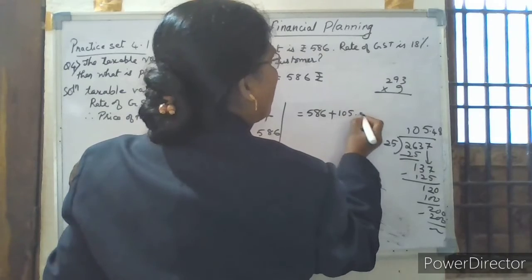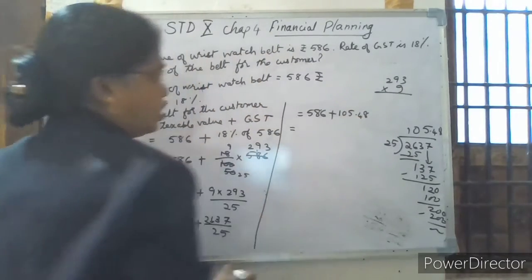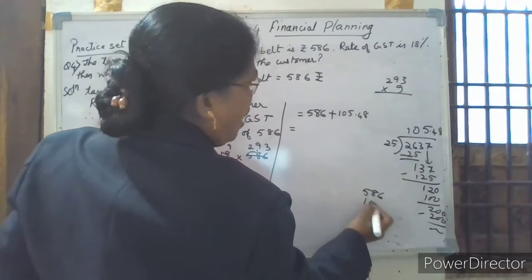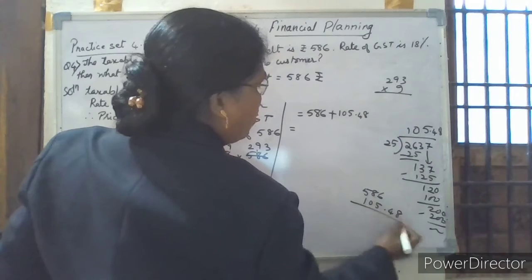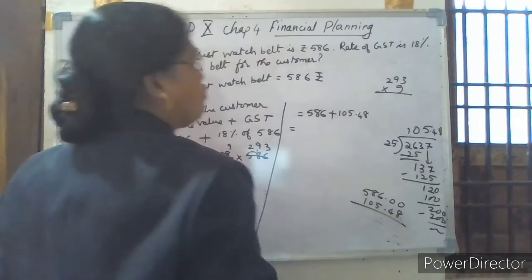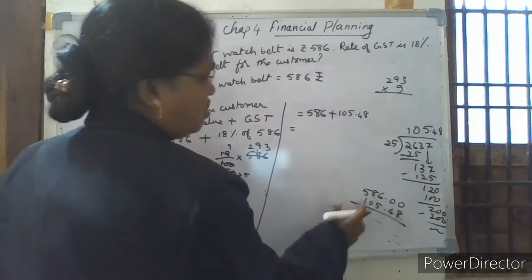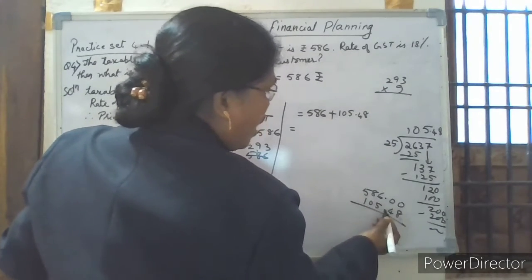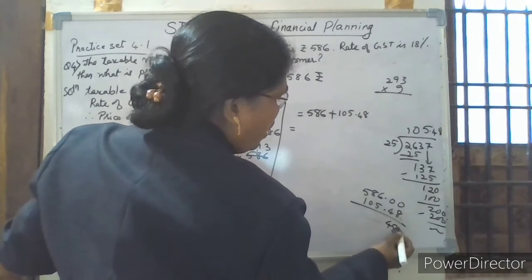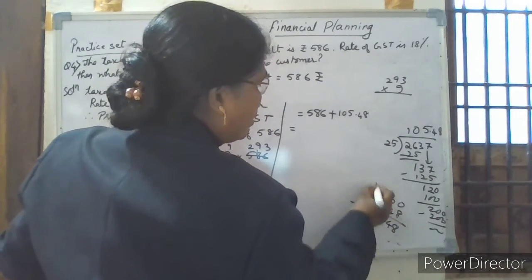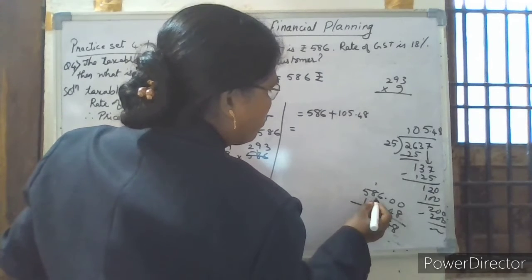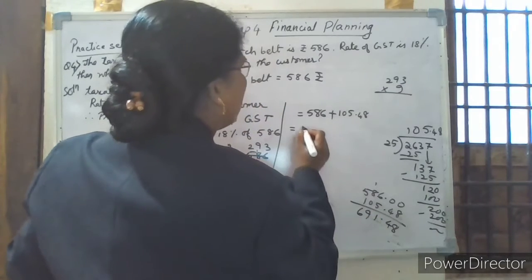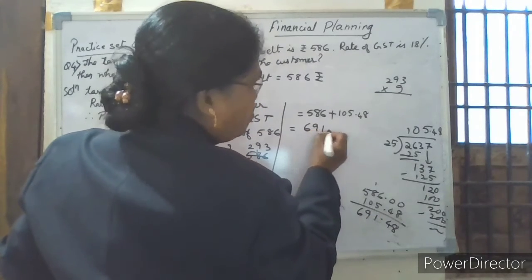105.48. Now the solution will be, now add this, that is 586 add 105.48, must be outside. I am showing this because many of you get mistakes here. So point here, when that is now point here, whole number, you have to put 0.40 and the point must be in a line. So 48 will be as it is. Here added 1, here 1, 9 and this is 5, 6. So 691.48 rupees.